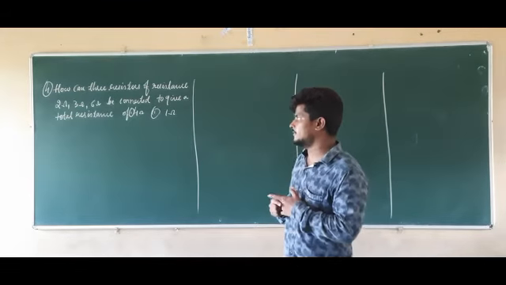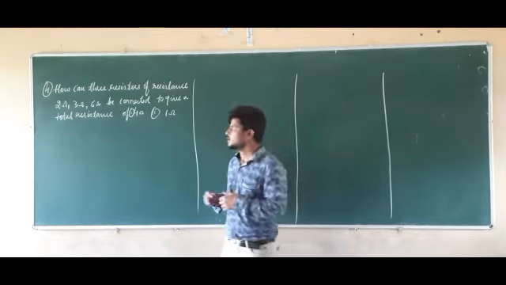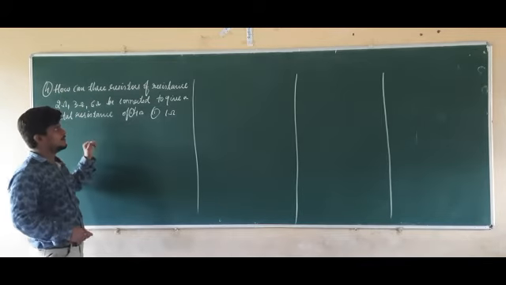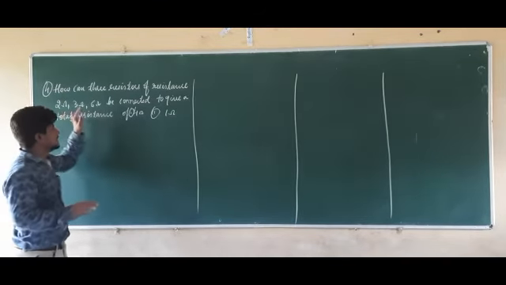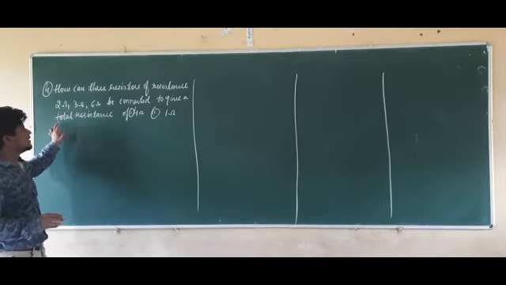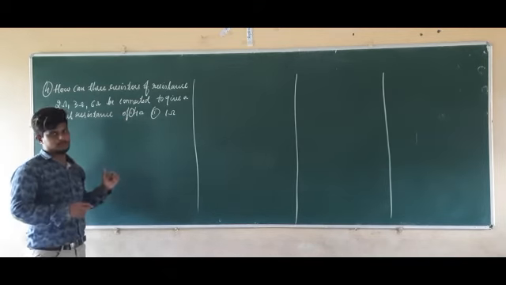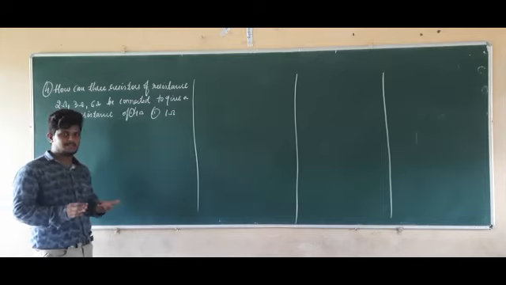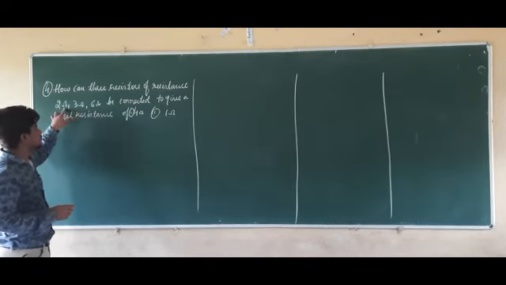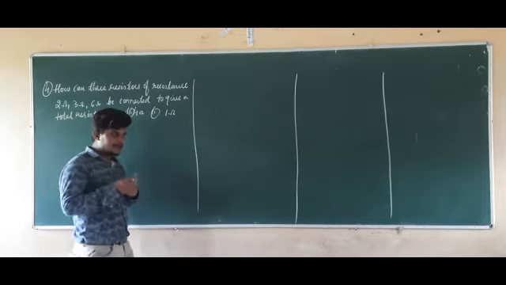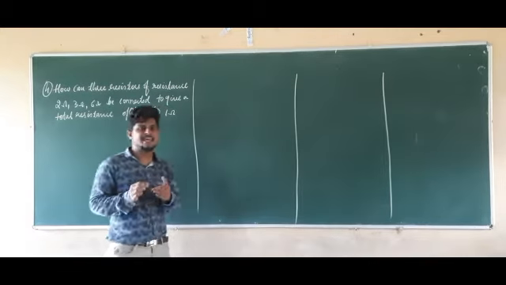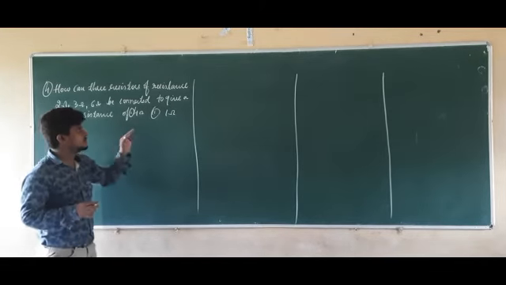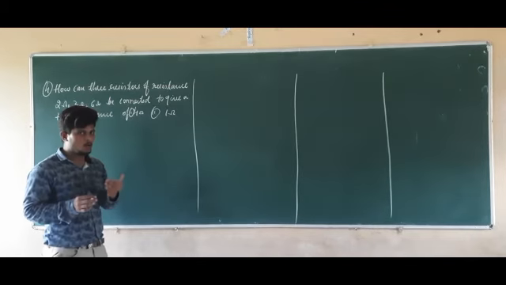So I'm going to solve the fourth question here. The fourth question given here is, how can 3 resistors of resistance 2 ohms, 3 ohms, 6 ohms be connected to give a total resistance of 4 ohm and 1 ohm? In the problem statement, they are given 3 resistors having resistance of 2 ohm, 3 ohm, 6 ohm. We have to connect those 3 resistors in such a manner that we get the effective resistance as 4 ohm as well as 1 ohm.